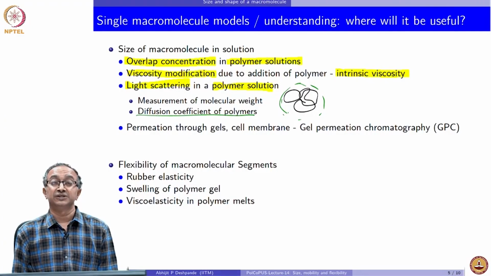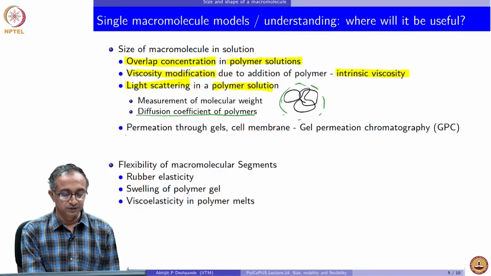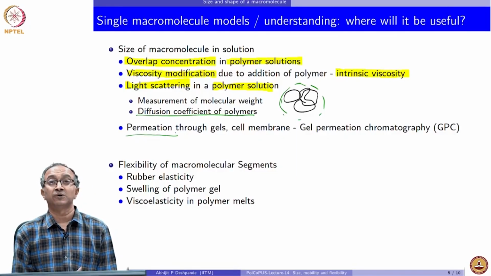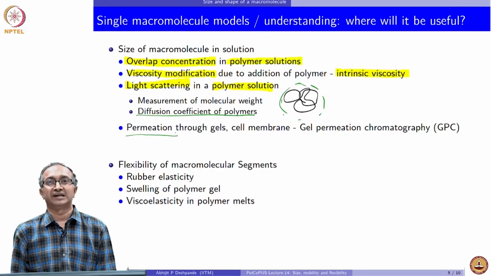Another important feature of the size and shape of macromolecules is useful when we are thinking of how macromolecules move. In case of lots of biological characterization techniques, we separate or we analyze biomacromolecules using permeation through gel. And so permeation of these macromolecules through gel depends on size and shape and interactions that this macromolecule has with the surrounding medium. And in fact, we also use gel permeation chromatography to characterize the molar mass,